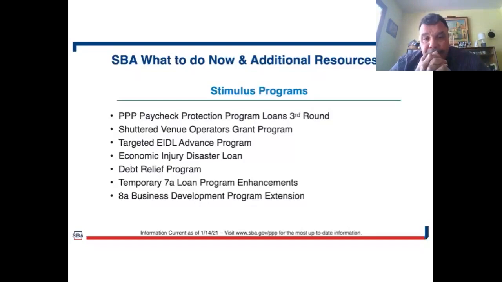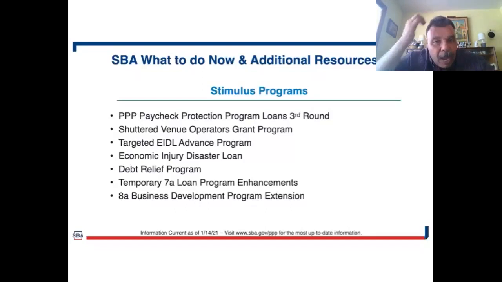It's still intact. Nothing's really changed with that. The debt relief program that was pertaining primarily to SBA loans, the 504, 7(a), microloan program, where we go ahead and pay the principal and interest on your loans, that too will be taken care of. If you already have that in process, you don't have to do anything. You don't have to really apply for that if you're already in place. We know, because we saw it become a guarantee loan during the appropriate time frame. And the other thing is that with the EIDL advance, don't call us, we'll call you.